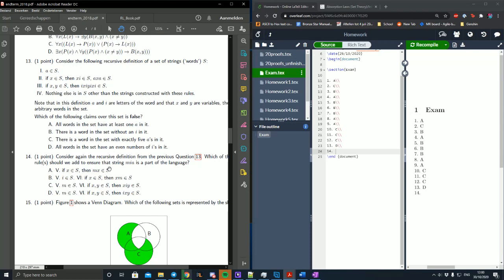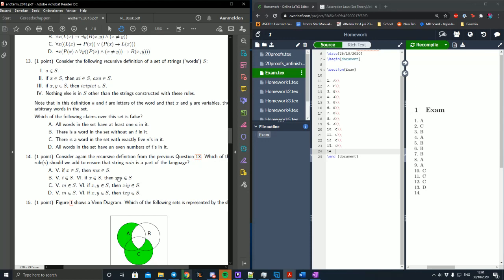Well, this one is not correct because there is no way to just create IA. We can only create AI. So with only this rule, we would have MAI in a set, but not MIA. Okay, here we say I is in a set. If X is in a set, then XM is in a set. Well, that's not going to help us because this will put the M on the end, and we want the